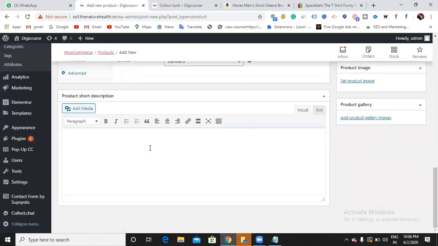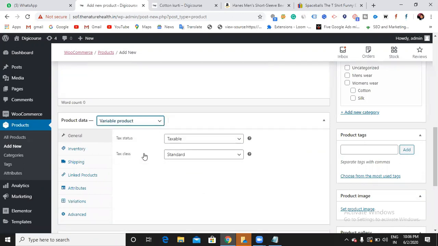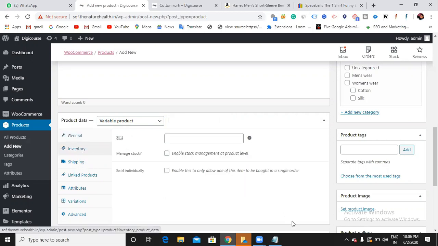Now I have to choose the product data as a variable product. If you click this drop down, it will show you variable product. Simply choose that, then give a tax if you want to give some taxes. Then click on inventory here.